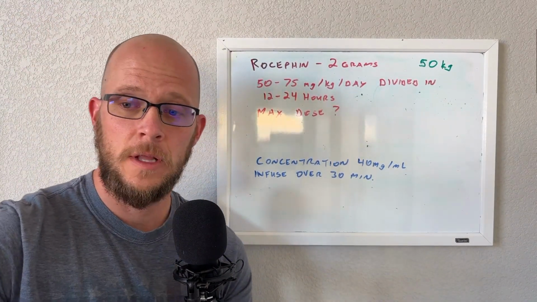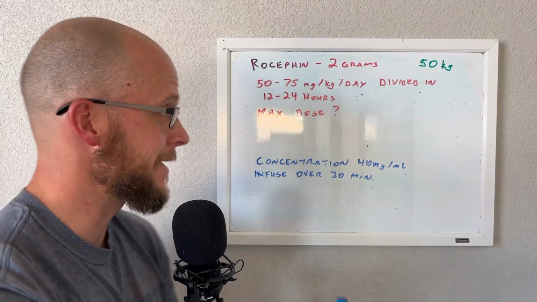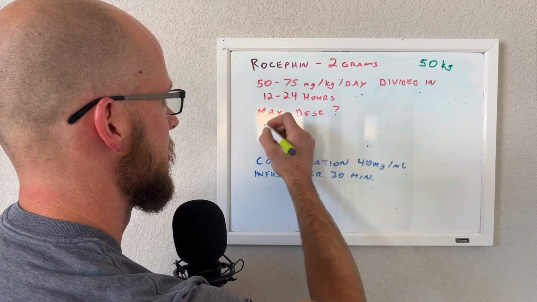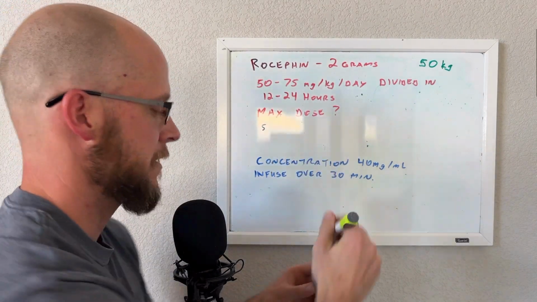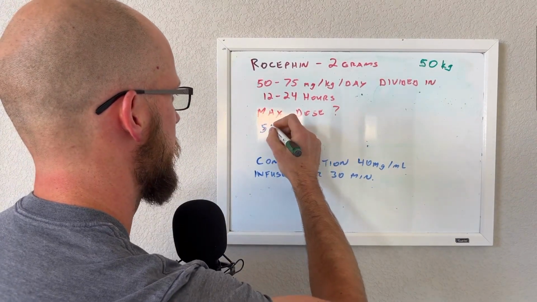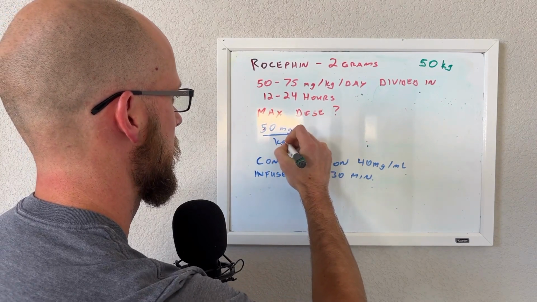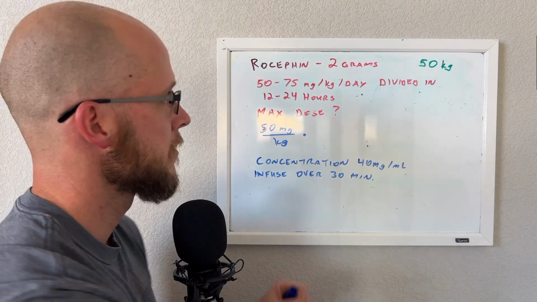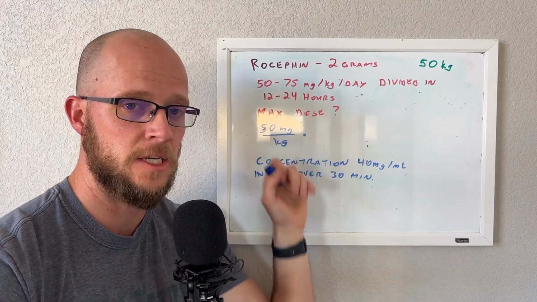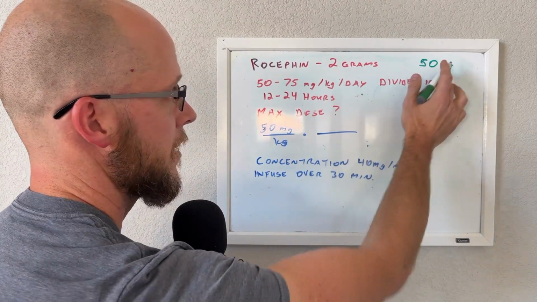Okay, so let's go to deciding which color I want. Okay, so 50 milligrams. Oh, that's bad. Let's do this one. There we go. 50 milligrams per kilogram. Okay, so what are we trying to figure out? We're trying to figure out how many milligrams is a safe range here. Okay, so 50 milligrams. And then you're going to put your weight over